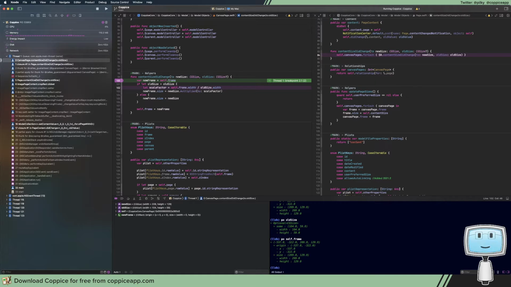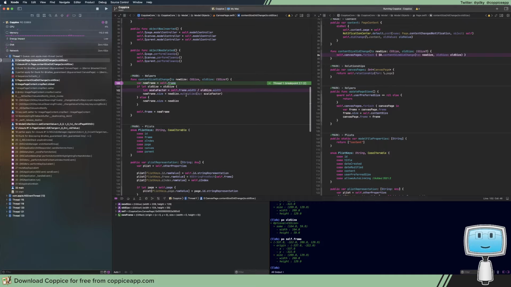So what has happened here is the frame has changed. Right, so the frame has reverted, but the content size. Right, so what we probably want to do